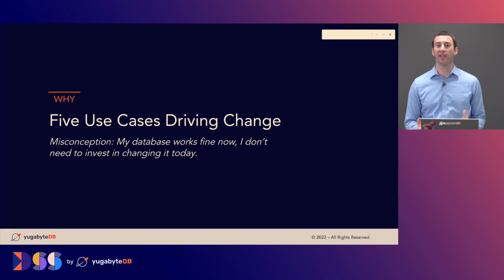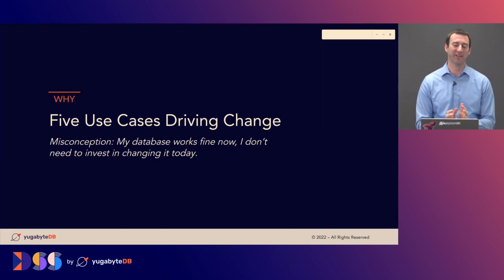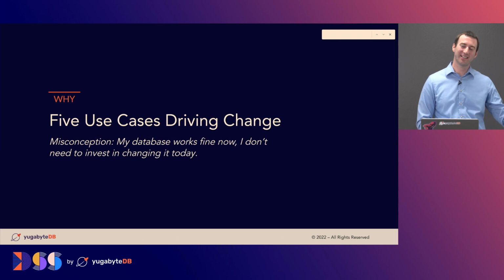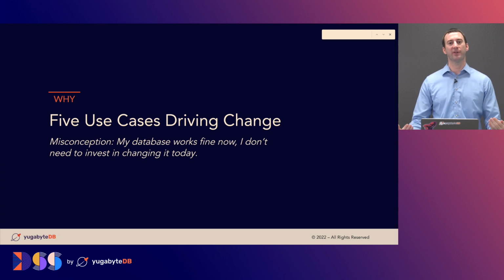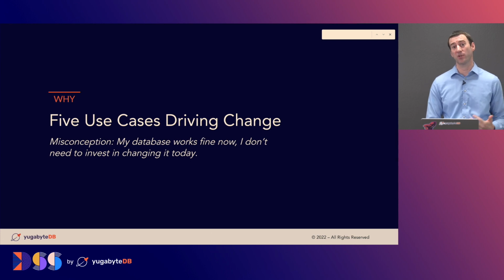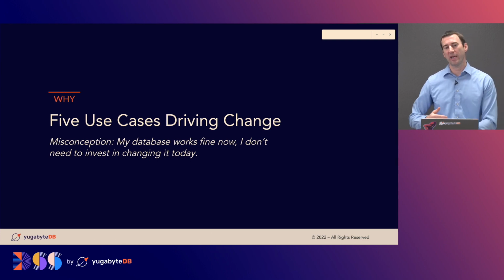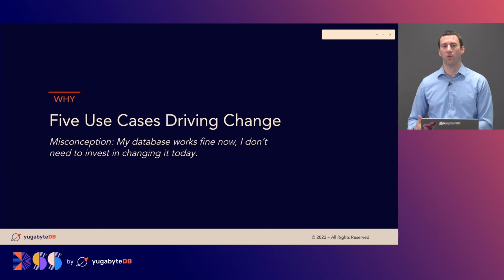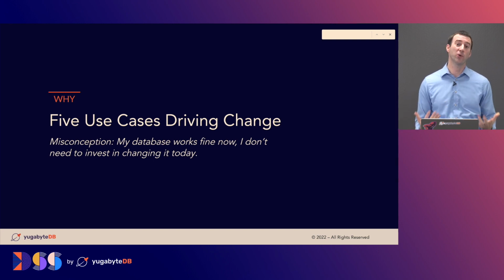Which is a perfect segue to the last topic here. So we talked about, again, when's the time? Hopefully that was a good story on just helping you understand the architectural differences between NewSQL and distributed SQL. But now let's get into, okay, why? Why are we seeing this growth in distributed SQL? What are those use cases?